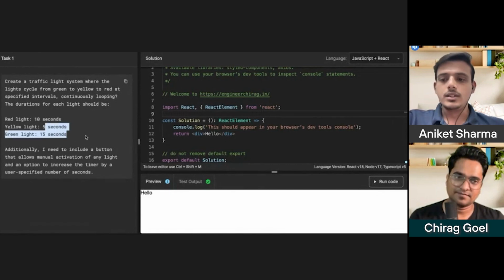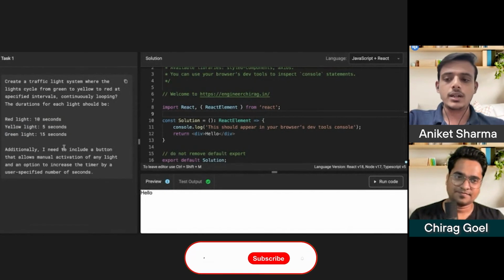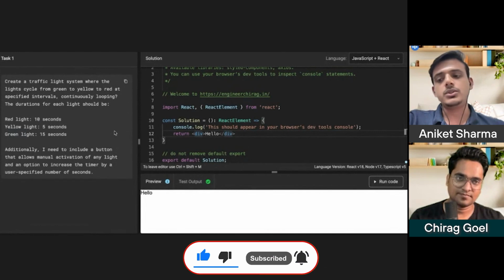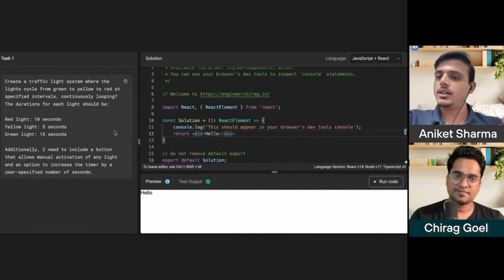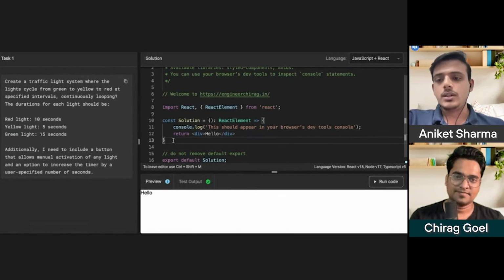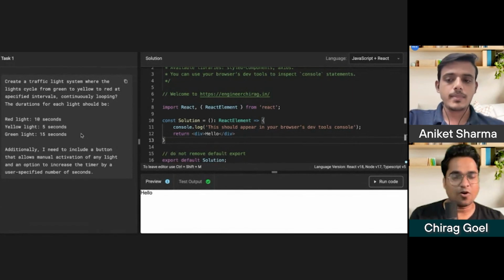Second one is that they are going in an infinite loop, but what if, let's suppose, I'm starting with a red light initially, but we want to change the light so that it should start from yellow or green? Then the user can select whichever light it should start from, and it will again go into the infinite loop, but it will ensure that the starting point of the light is the one which the user provided. Yes. Okay. And the third one is to increase the timer. So in all three cases, it would be an infinite loop itself.